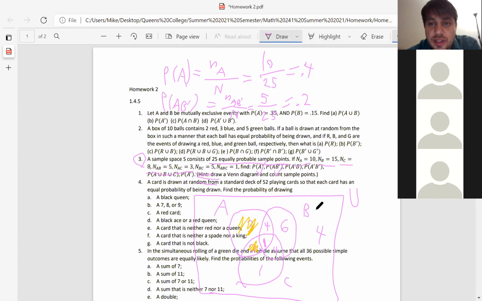Okay, and you can just continue there. Let me do the last one. Probability of not A and not B. So the probability of not A and not B, well,